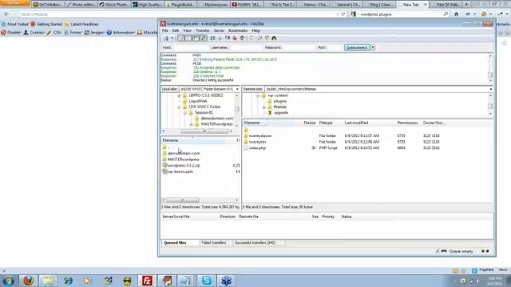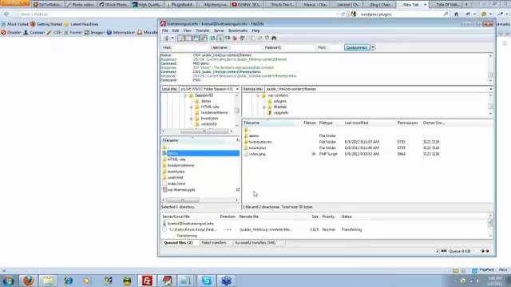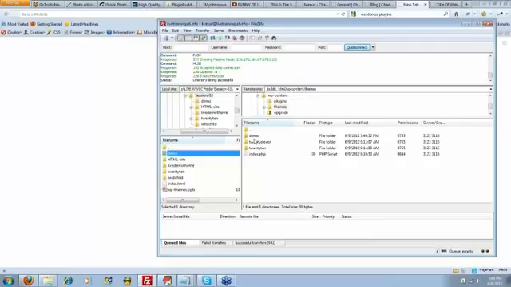So let me find it, and it's right here. It's the demo theme, and I'll double click to make sure that's correct, and it is. So it's the demo directory right here. I'm going to right click and choose upload, and now you can see that we've just added this theme